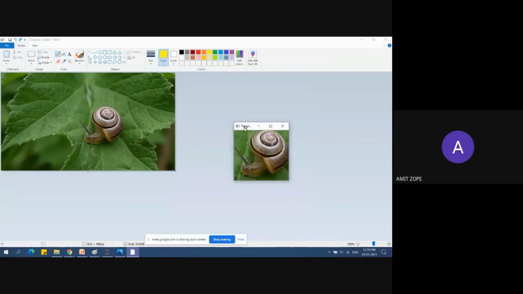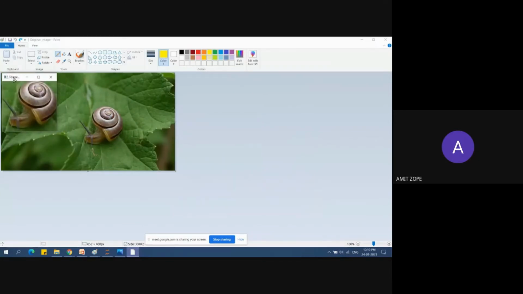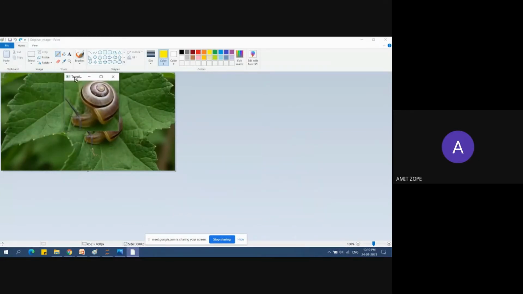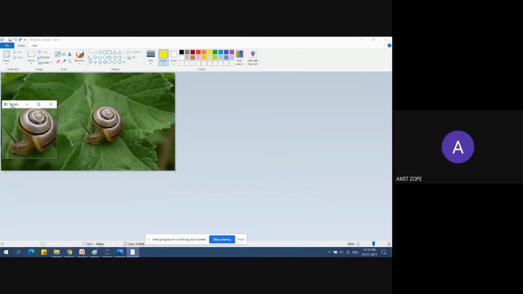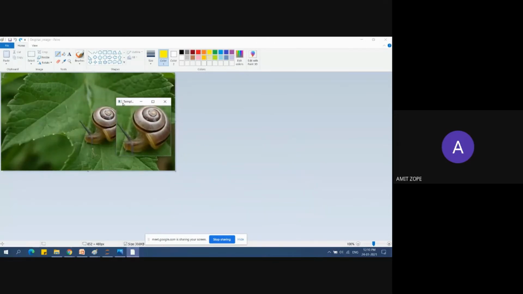So this is the snail and this is the original image. What this snail will do is move on to this image and match that template. Matching that template means it will match the pixel values of the top left corner, and it will return the pixel values based on the methods. These methods are the values calculated with the formulas given in the OpenCV documentation.